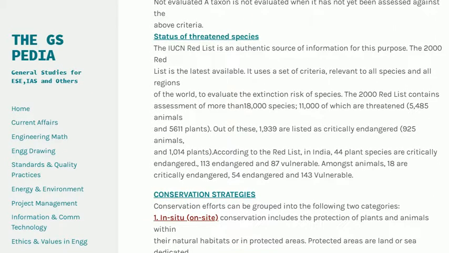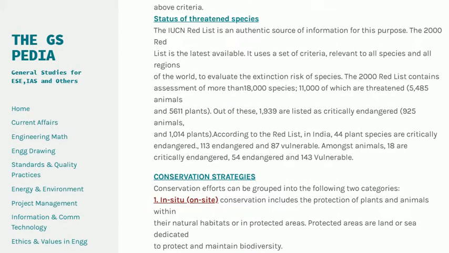Status of threatened species. The IUCN Red List is an authentic source of information for this purpose. The 2000 Red List is the latest available. It uses a set of criteria relevant to all species and all regions of the world to evaluate the extinction risk of species. The 2000 Red List contains assessment of more than 18,000 species, 11,000 of which are threatened,